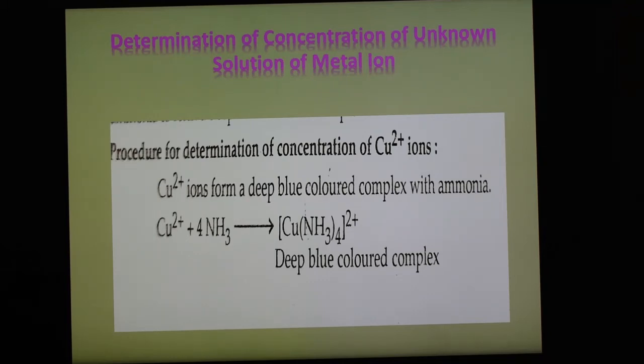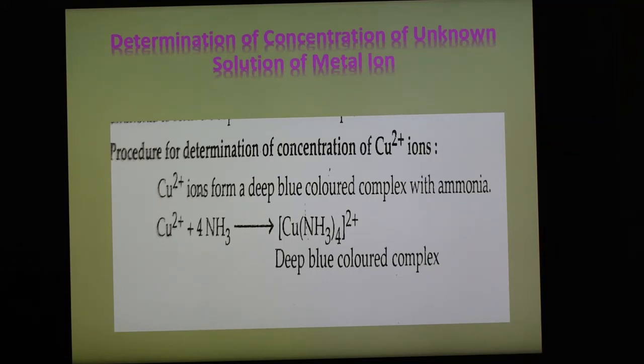So out of various applications, one application, the determination of concentration of an unknown solution of metal ion, we are giving here. It is a simple method and there are 3 steps to determine the concentration. The concentration of metal ion can be determined by the colorimetric technique if the metal ion absorbs in the visible range, or in other words, if the metal ion solution is colored. In this case, if the solution of metal ion has a characteristic color, it can be used as such for colorimetric determination.